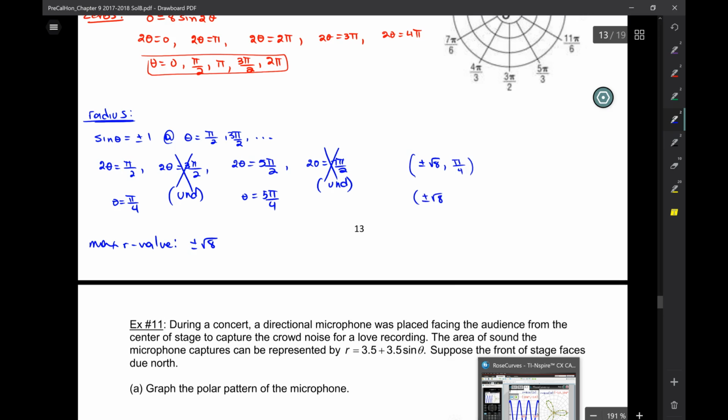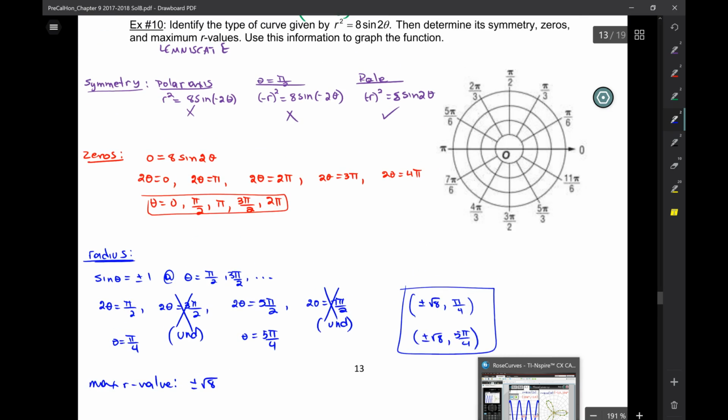Plus or minus root 8, 5 pi over 4. And root 8 these days is 2 point something, right? So at pi over 4, it'll be 1, 2 point something. And then at 5 pi over 4, it'll be 1, 2 point something. Don't go wasting time plugging in root 8 or root 6 or root whatever in your calculator. You're not going to get it to NASA precision on this axis anyway, right? On that grid. So don't waste time. There are other things where you can spend your time. And there we have it. That's our cute little lemniscate. Okay? So